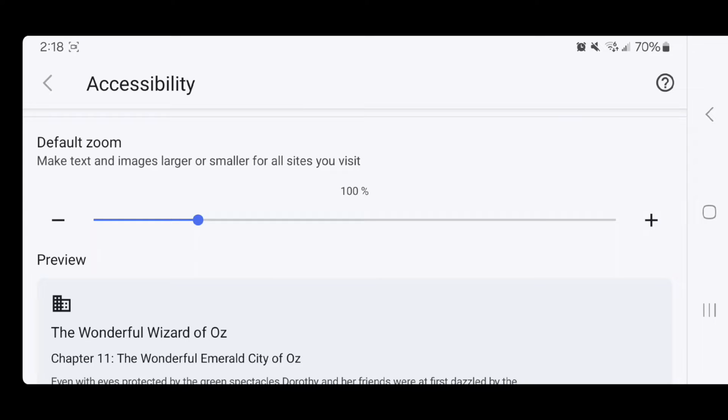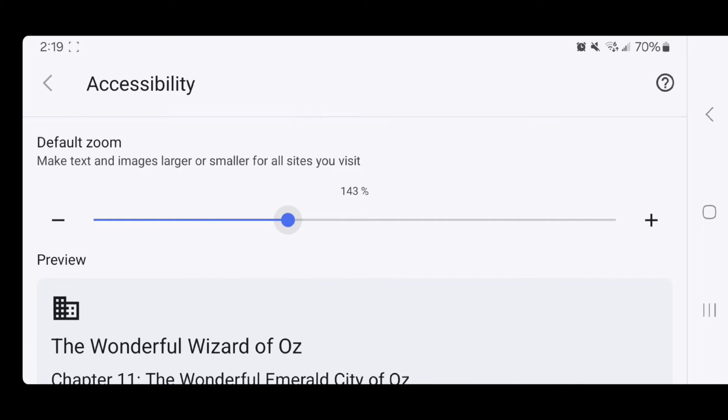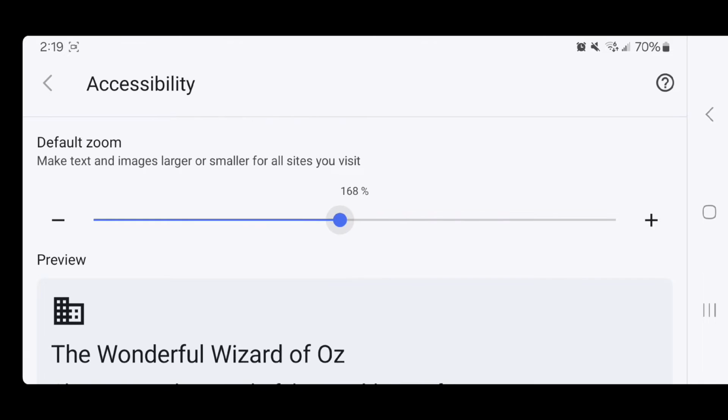Now you can either drag the bar to make the text and images larger, or you can click on the plus sign. If you click on the plus sign once, it goes up by 10%. Now if you drag it, you can go up by 1% at a time. I'm going to increase this to 200